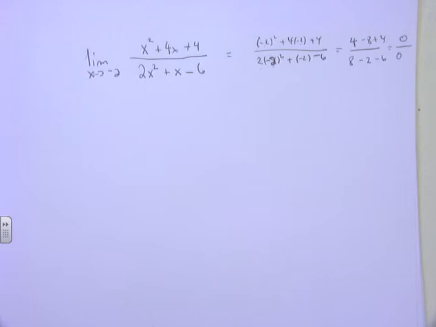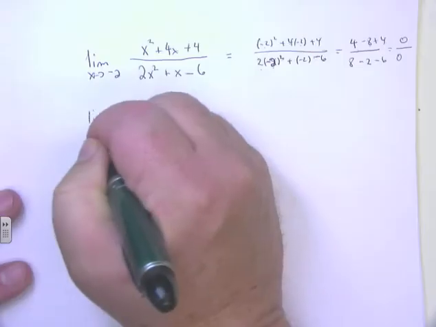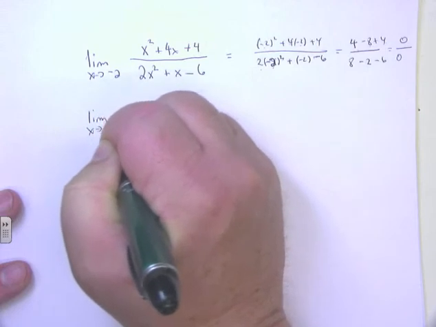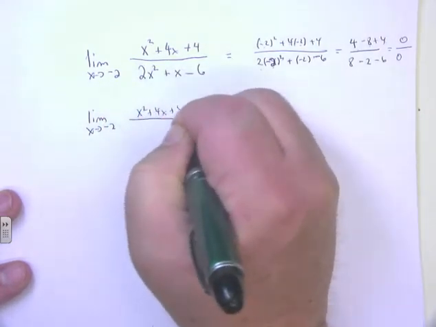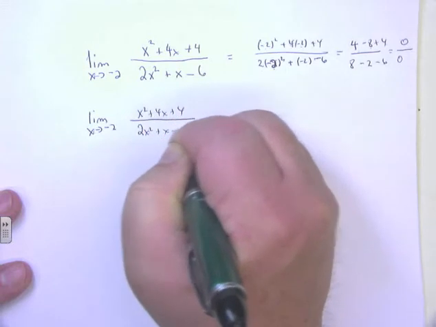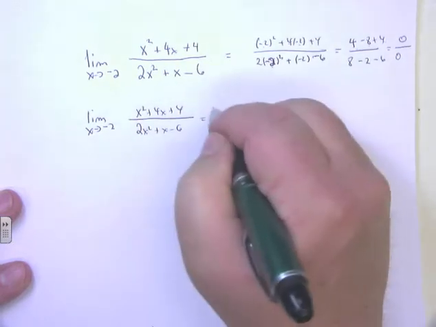All right, so what am I supposed to do with this one? Pay attention to my words. This one is polynomials divided by polynomials. Traditional trick on cleaning this up is to factor your polynomials. With a 0 over 0 case, something should factor. Well, let's see here. So when I write it up, this will be the limit as x approaches -2 of x squared plus 4x plus 4 over 2x squared plus x minus 6, the original problem, equals